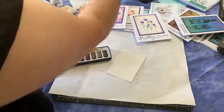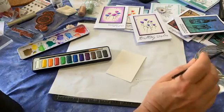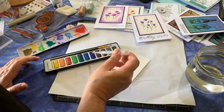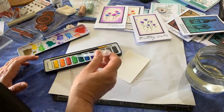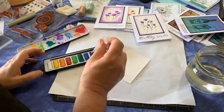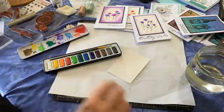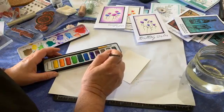So all you're doing is wetting your brush. Oh, actually, no, I'll wet the paints first. They seem to move better when you wet them. So I'm just going to wet the colours that I'm going to use, which is the purple and the indigo. And might use the green. Yes, I use the green for the leaves. So just a little bit of water on the paints, and that will just help them move a bit. So I'm going to go for the purple,